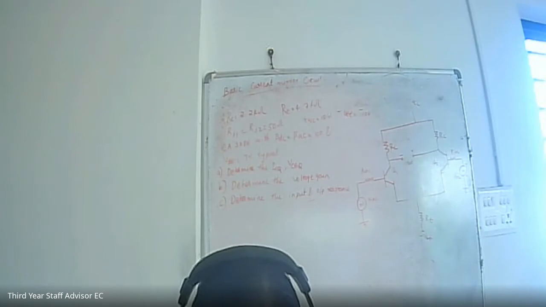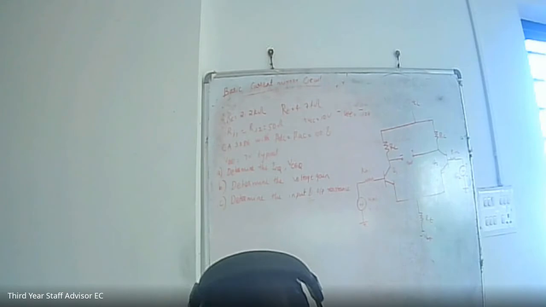So, in that RC value is given. And what all parameters are given there? RC value is given as 2.2 kilo ohm. RE value is equal to 4.7 kilo ohm. RE is emitter resistance. And the RI1 and RI2 is 50 ohm. In our circuit diagram, we have given RS1 and RS2, so that is similar to RI1 and RI2. Okay?